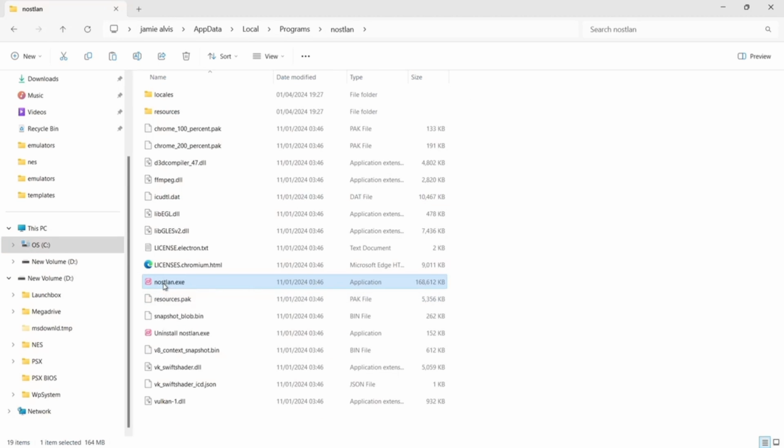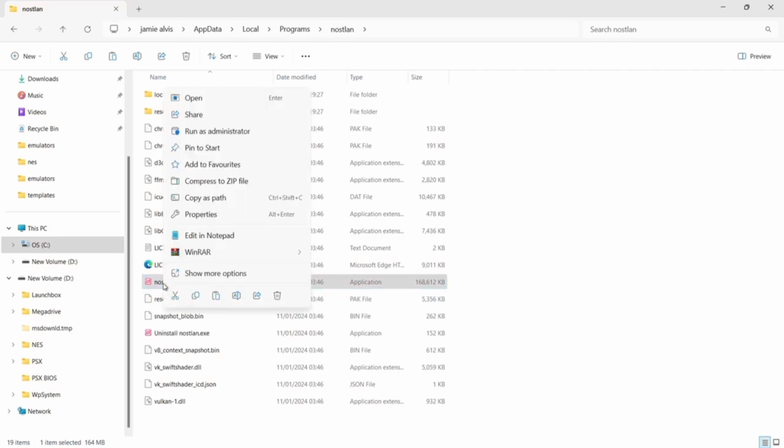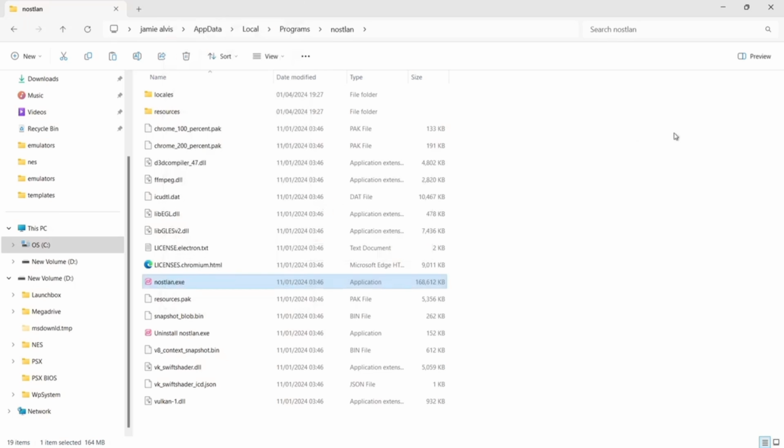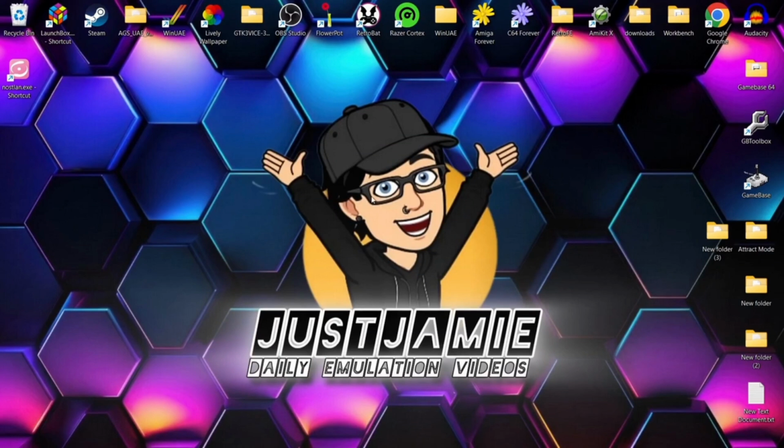And whilst I'm here, I'm going to make a shortcut of this, so in future, instead of having to go through this palaver, what I can do is actually make this a shortcut on my desktop. So right click, send to desktop, and there we go. And now my Bluetooth controller, Xbox controller is connected. If I just open up Nostlan again,